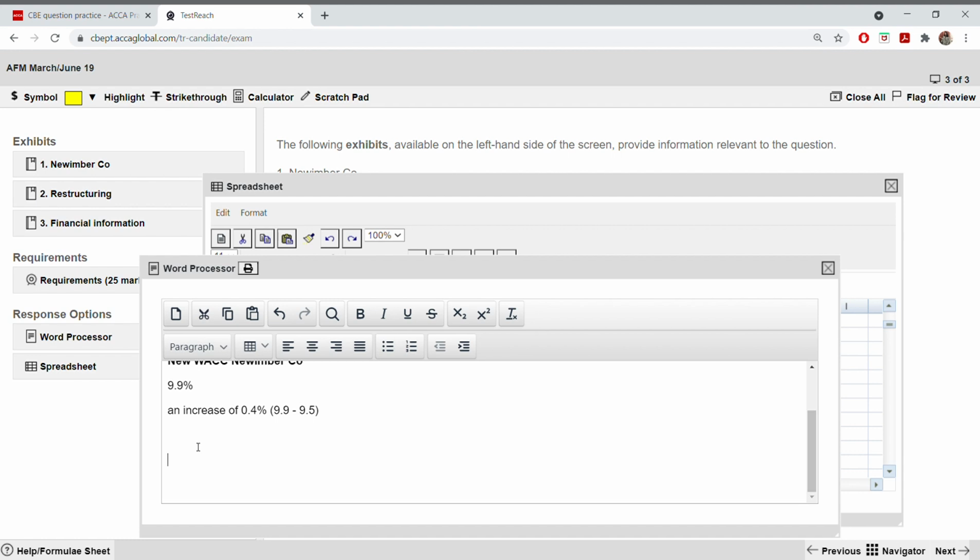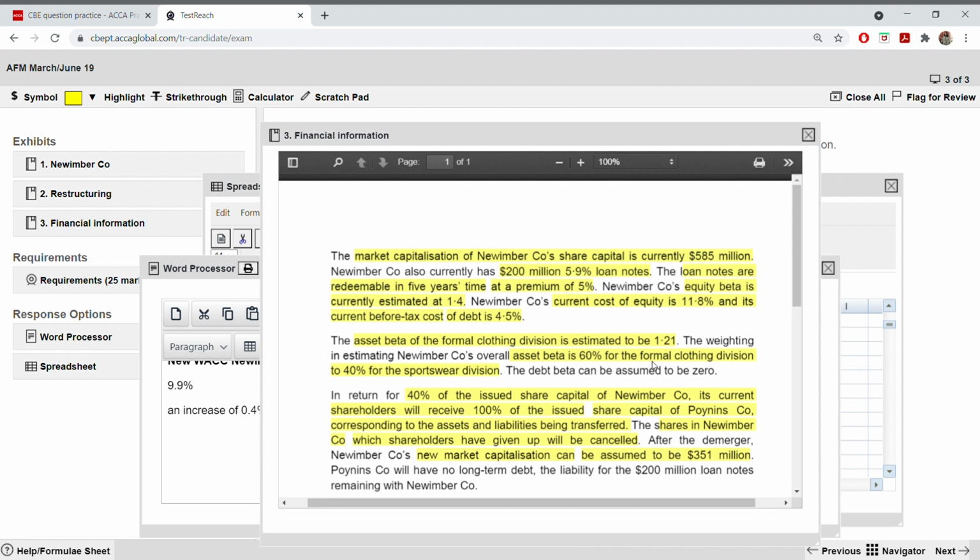Okay. You are taking two divisions now. One is formal clothing, the other one is the sportswear division. Let us look. We have been given for the formal clothing division 60%, and the asset beta is 1.21. Weighting is also given. Asset beta is also given. So it will be 1.21 multiplied by 0.6